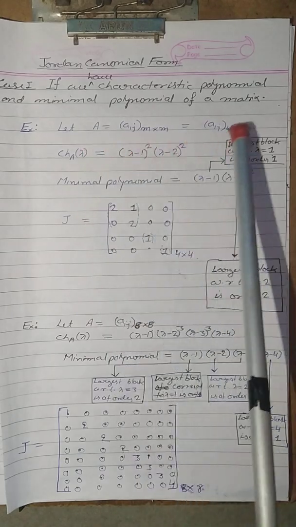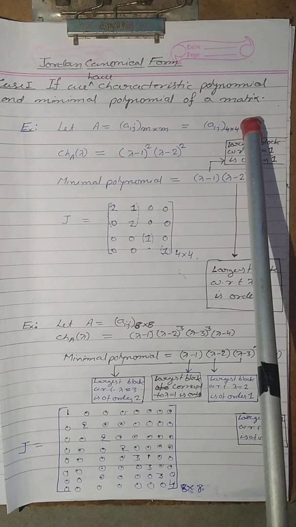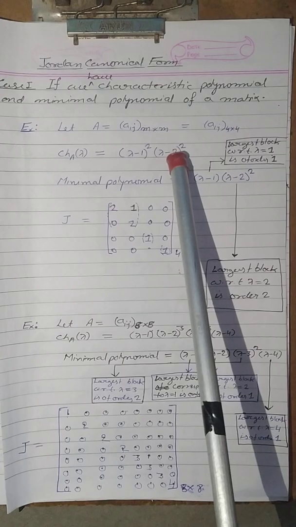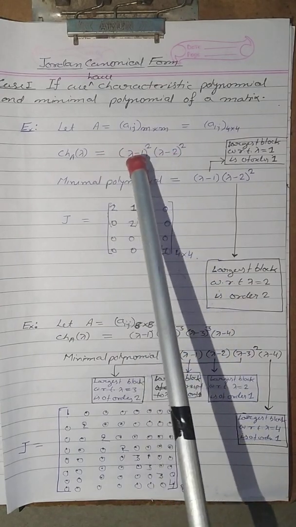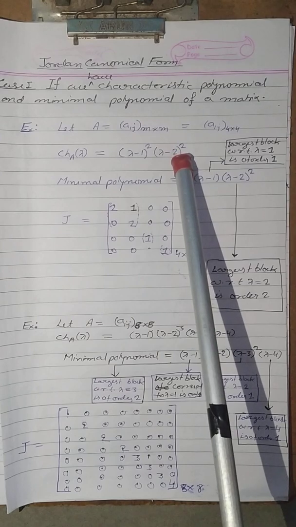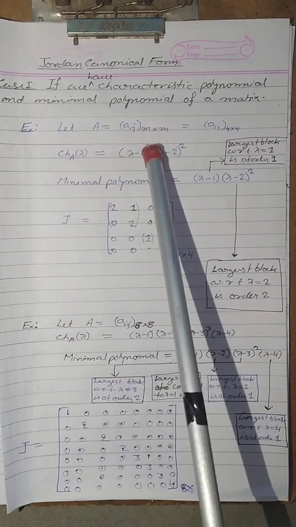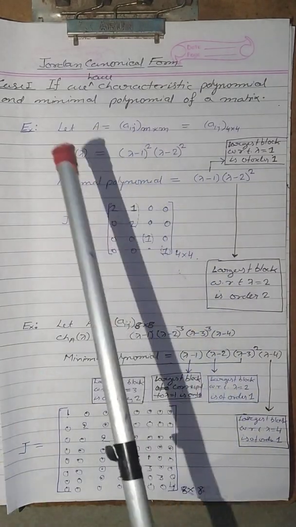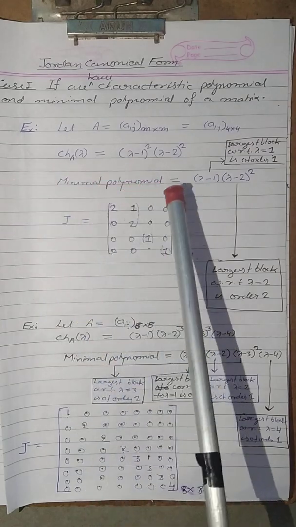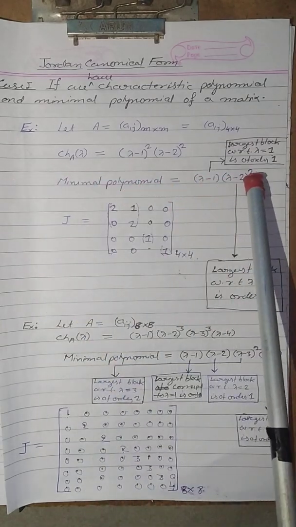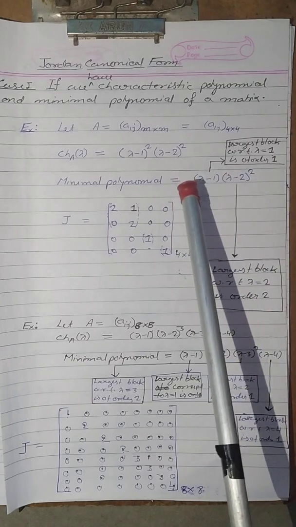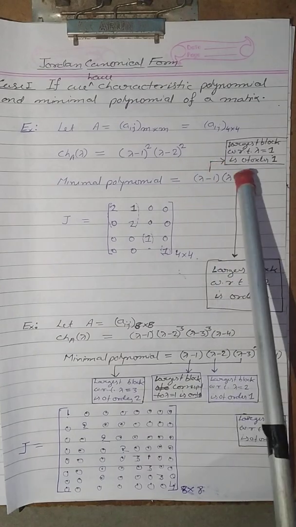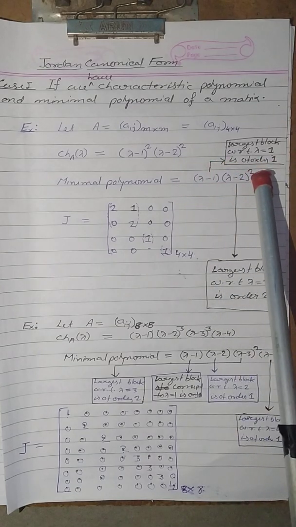In this matrix, the order is 4 by 4. It means the degree of the characteristic polynomial is 4. Suppose the eigenvalues of the matrix are 1 and 2, and the algebraic multiplicity of eigenvalue 1 is 2 and of 2 is 2. The minimal polynomial of this matrix is (lambda minus 1) times (lambda minus 2) to the power 2, and we know that the